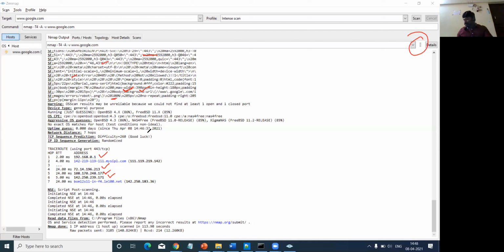What the attacker will do, so this is a preliminary process, right? The attacker will get the preliminary information about the particular website. After that they will target the device, deciding what kind of attacks are possible, whether the device is vulnerable to any type of attack. After the scanning process, they will decide what kind of attacks they can execute on the target machine. I hope this is clear.